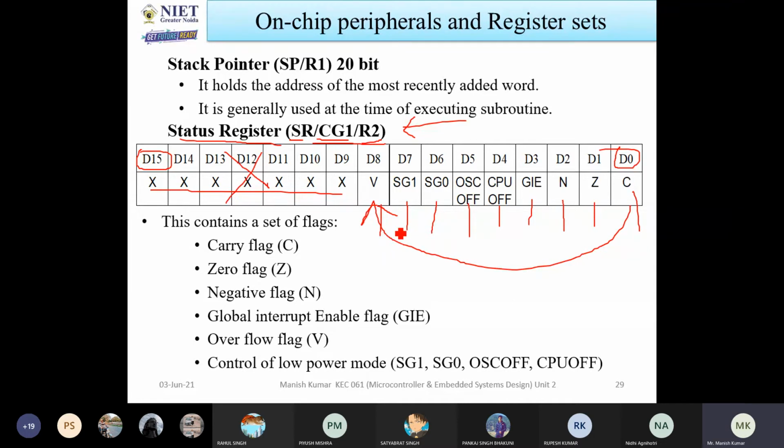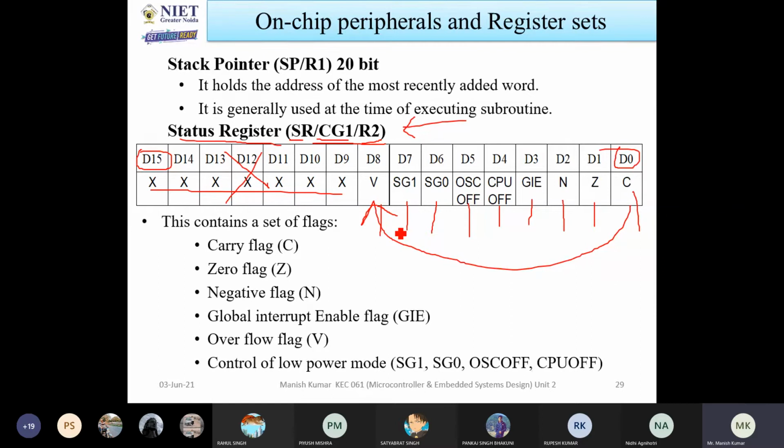So what is the use of a flag? A flag will indicate the situation of the output. If any process happens and any result occurs, after that you can get the result. So how does the microcontroller know the status of the output? With this bit, the microcontroller understands whether carry was generated or not. From this bit, you can understand whether the zero flag is set or not, whether the negative flag is set or not, like that. We will discuss what the carry flag is, when it is set, and the zero flag, negative flag, all the flags.